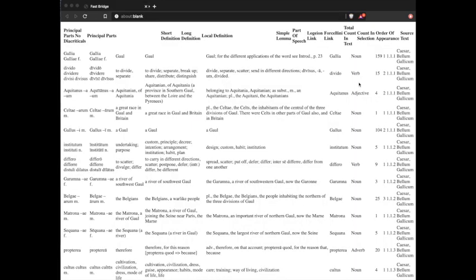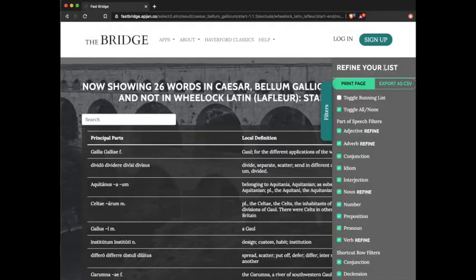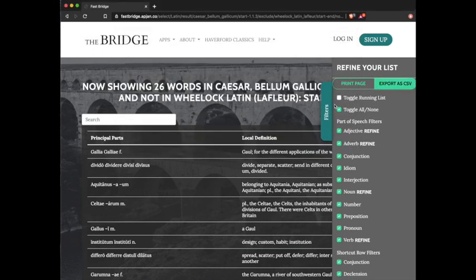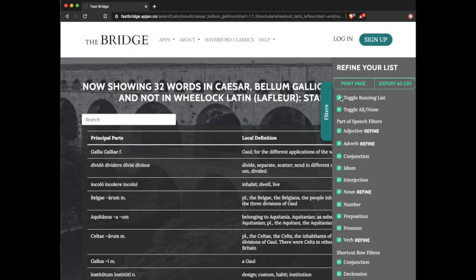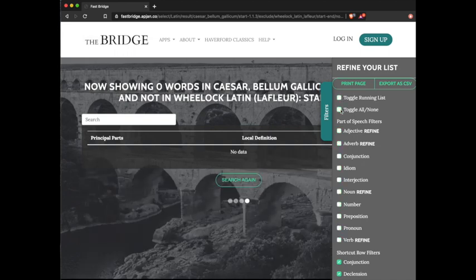I can print. That brings up a normal print dialog. I could also export as a CSV. This will be great if you want to import your vocabulary list into Excel or another spreadsheet program. By default, any vocabulary words that you've excluded are not shown, but you can click on Toggle Running Lists to show all words. You can also hit the toggle All and None to remove all words,